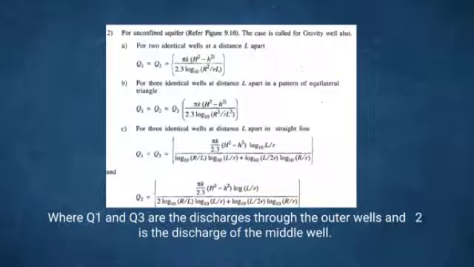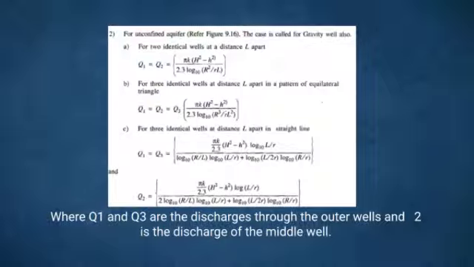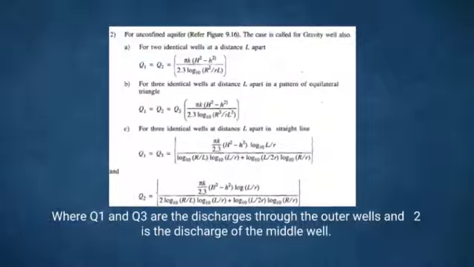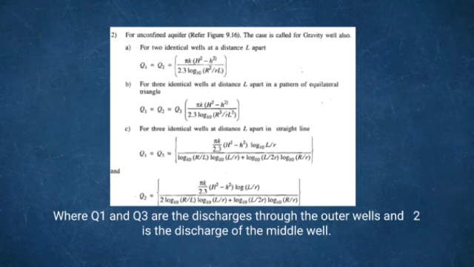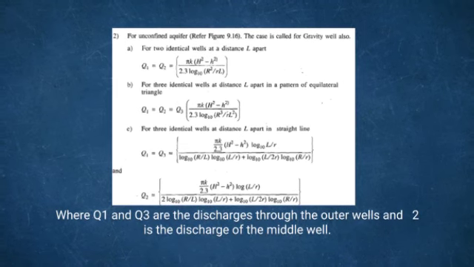And Q2 = πK / 2.3 × (H² − h²) × log10(L/r),